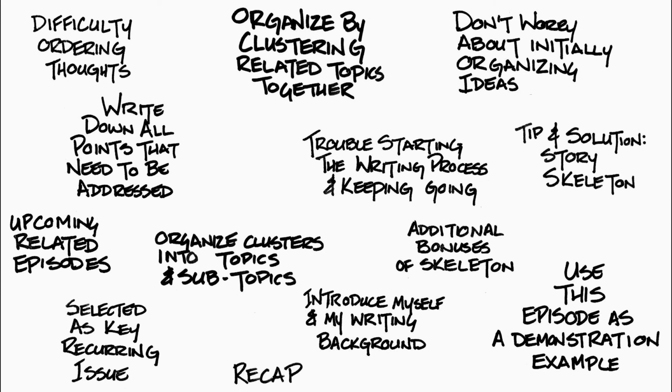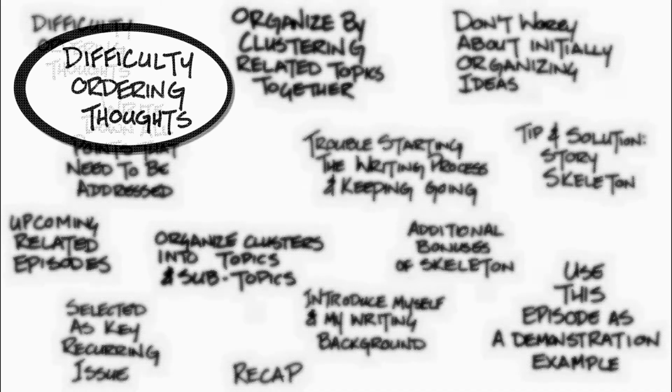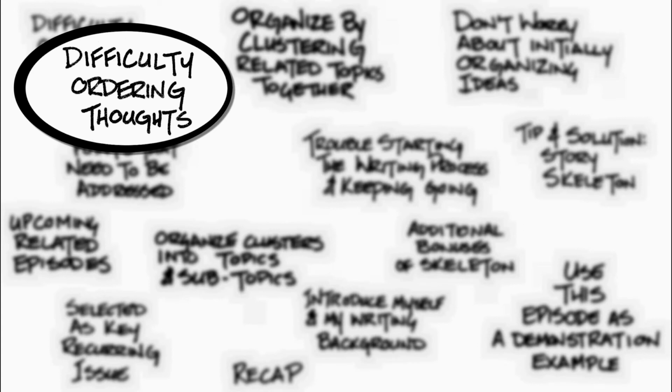Review each point that was written down and ask, what does this represent? We'll start in the top left corner with difficulty ordering thoughts as our first example. Well, that's really the key problem that we're trying to solve here. So, we'll create a topic category to file difficulty ordering thoughts under, and we'll call it Identify Problem. Additionally, and this is where the colored markers come in, we'll write Identify Problem in blue. We'll then go back and note both the topic heading and color for difficulty ordering thoughts on the original raw